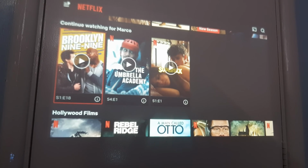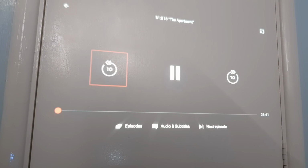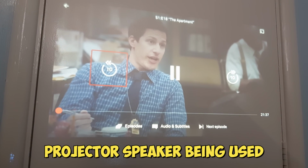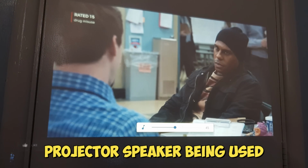The update's done. I've logged into Netflix, and browsing the menus is quite quick. The remote is quite responsive, which is nice, so that's good. And let's see how it plays with the sound coming out of the projector itself. So that's there. If I increase the volume,